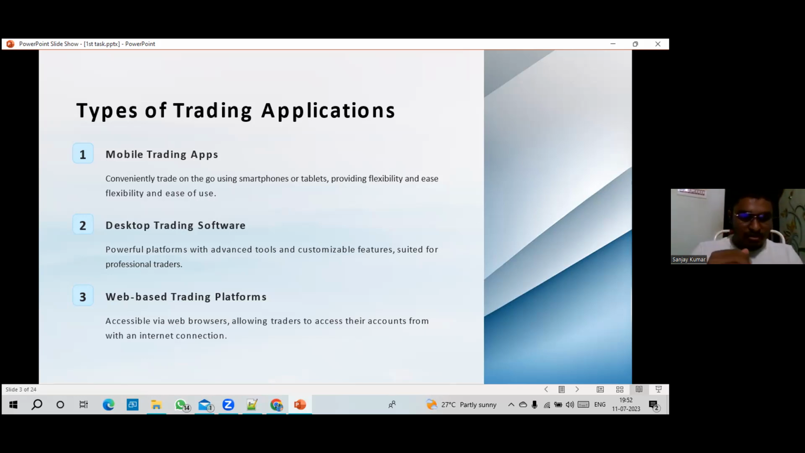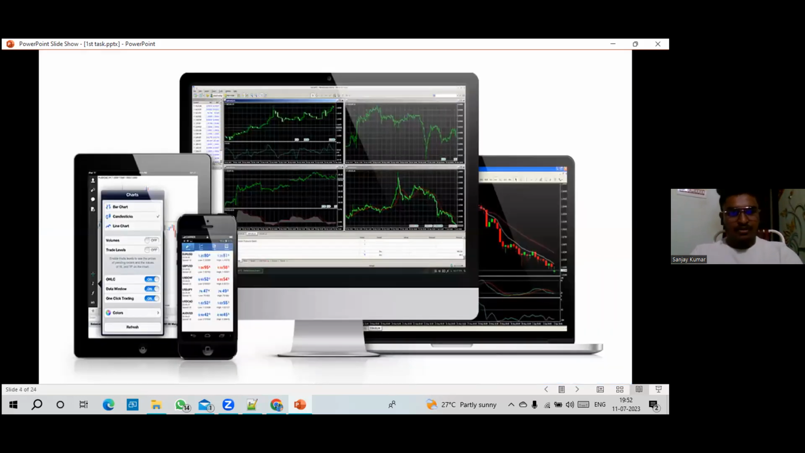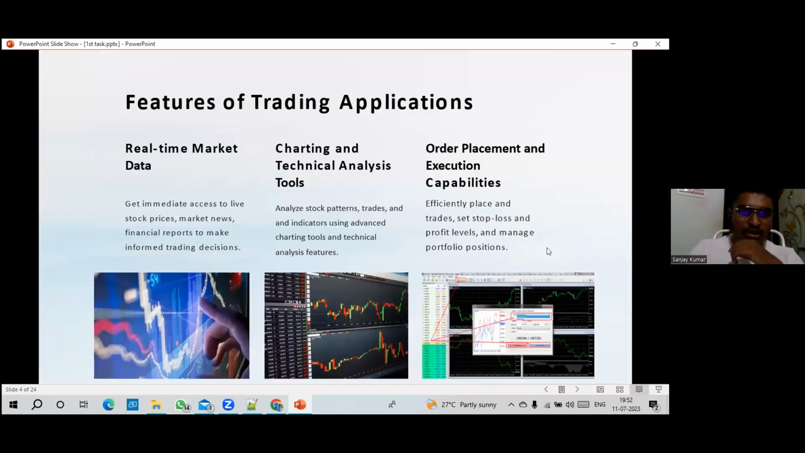And the last one is web-based trading platforms. With web-based trading platforms, we can access our trading account from anywhere through an internet connection. So there are simple examples like mobile, web and desktop models. Next, features of trading applications, like real-time market data, give immediate access to live